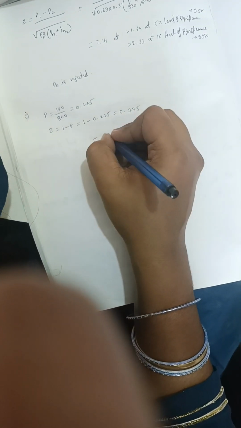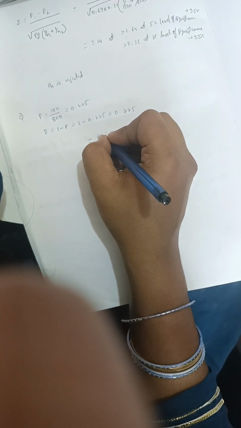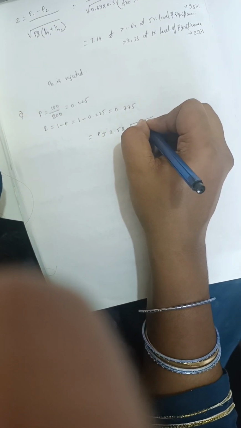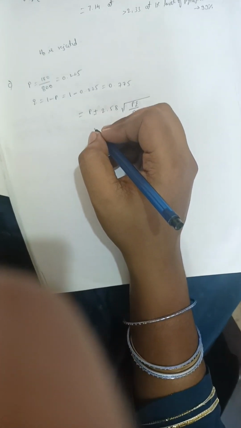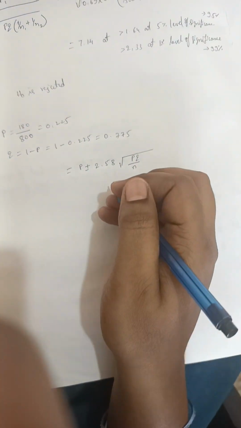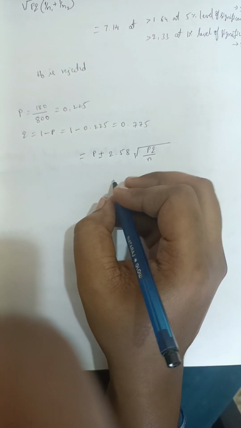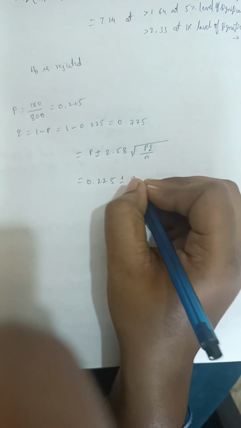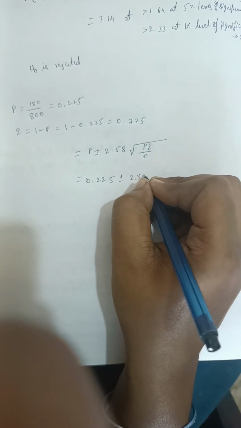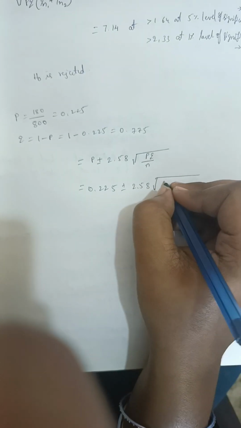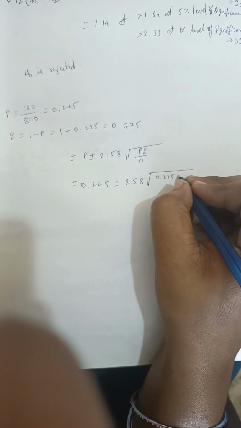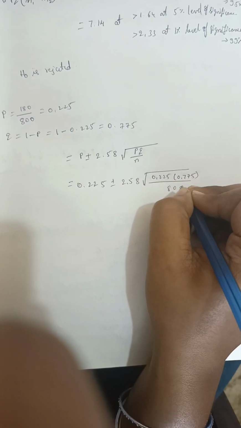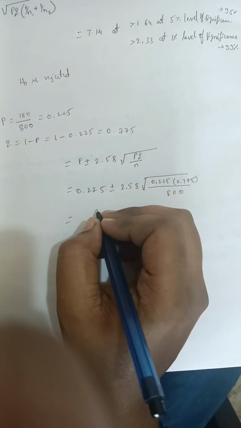That is P plus or minus 2.58 square root of PQ by N. P is 0.225 plus or minus 2.58 square root of 0.225 into Q 0.775 divided by 800. This simplifies,